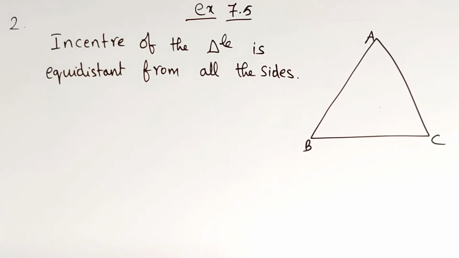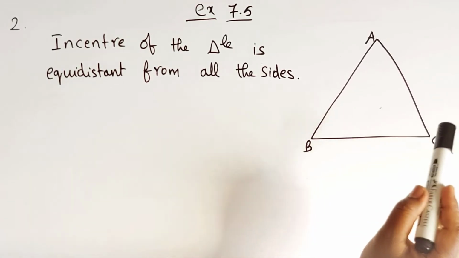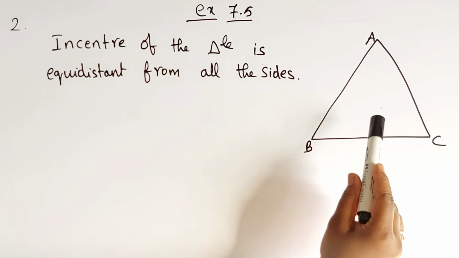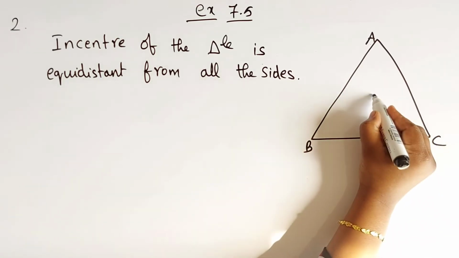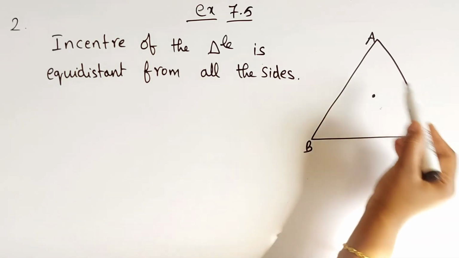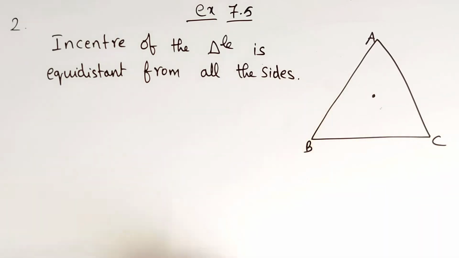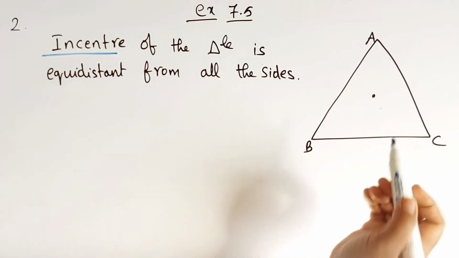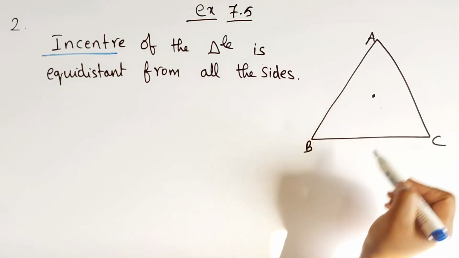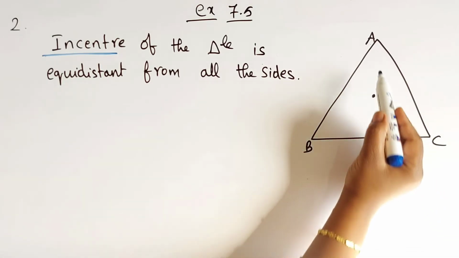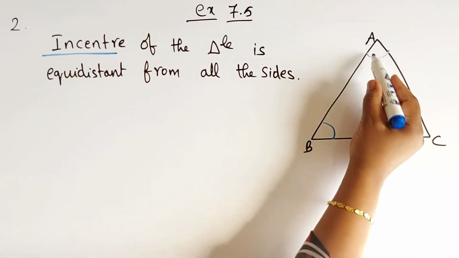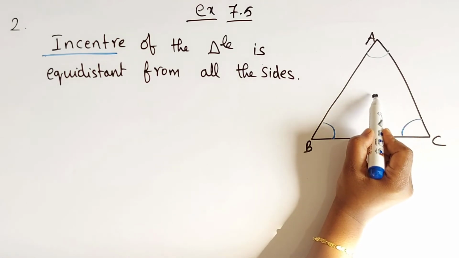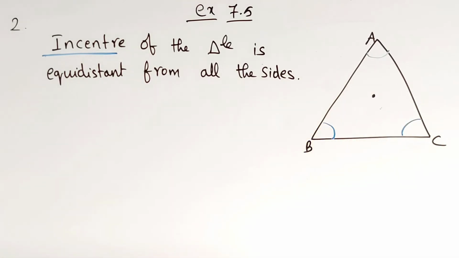Second one, children. In a triangle, locate a point in its interior which is equidistant from all the sides of the triangle, children. Now they have given sides. So we need to locate a point that is equal from all the sides AB, BC and CA. So that point is called the incenter. Only the incenter is equidistant from all the sides, children. For that we need to construct angle bisectors, children. If you draw angle bisectors, then only we will get the point equidistant from all the sides. Right? Let us draw.